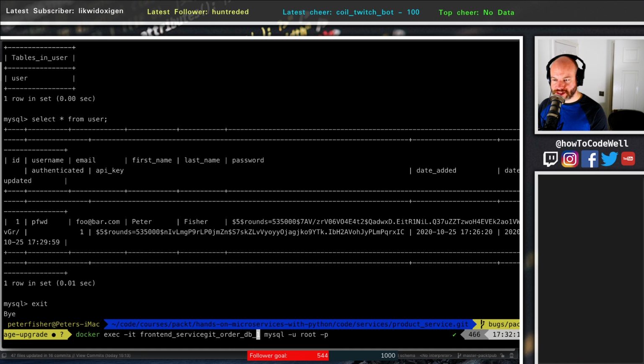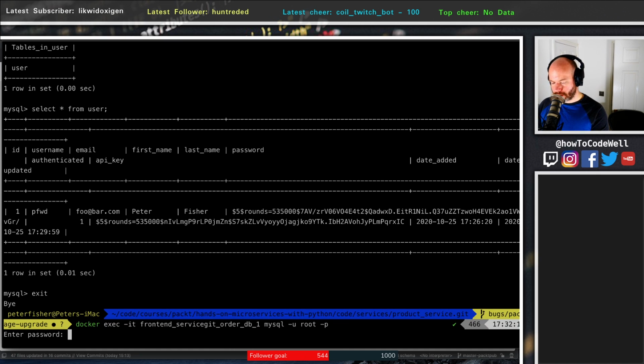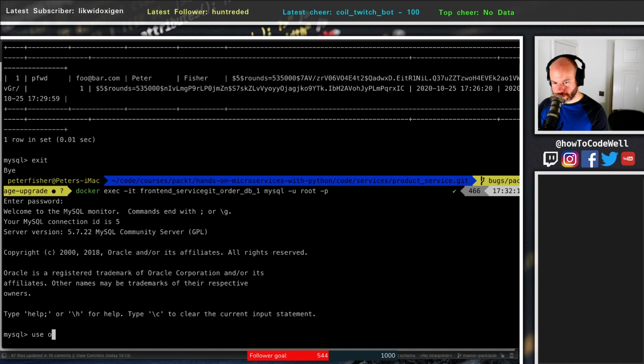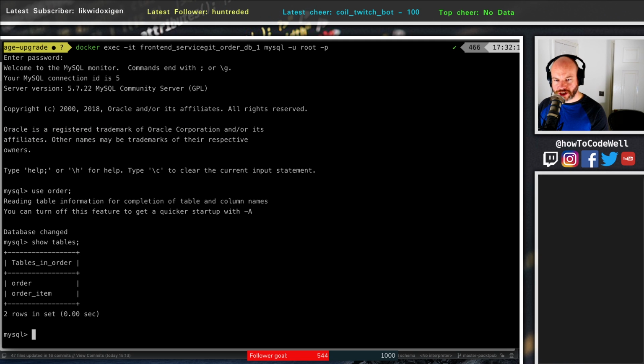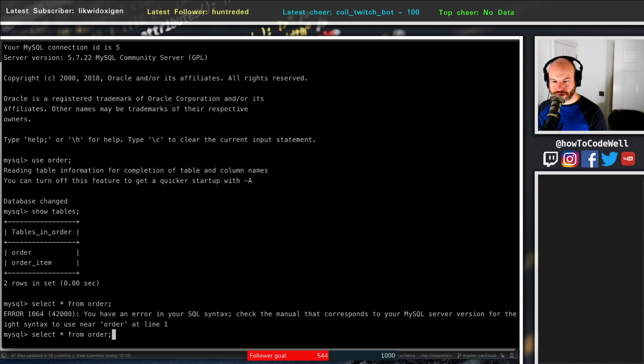And then if we came out of this and went into the order database, because obviously every microservice has its own database, right? Go test and then do use order, and then do show tables. We have two tables. We have an order and an order item. So if we did select all from order,